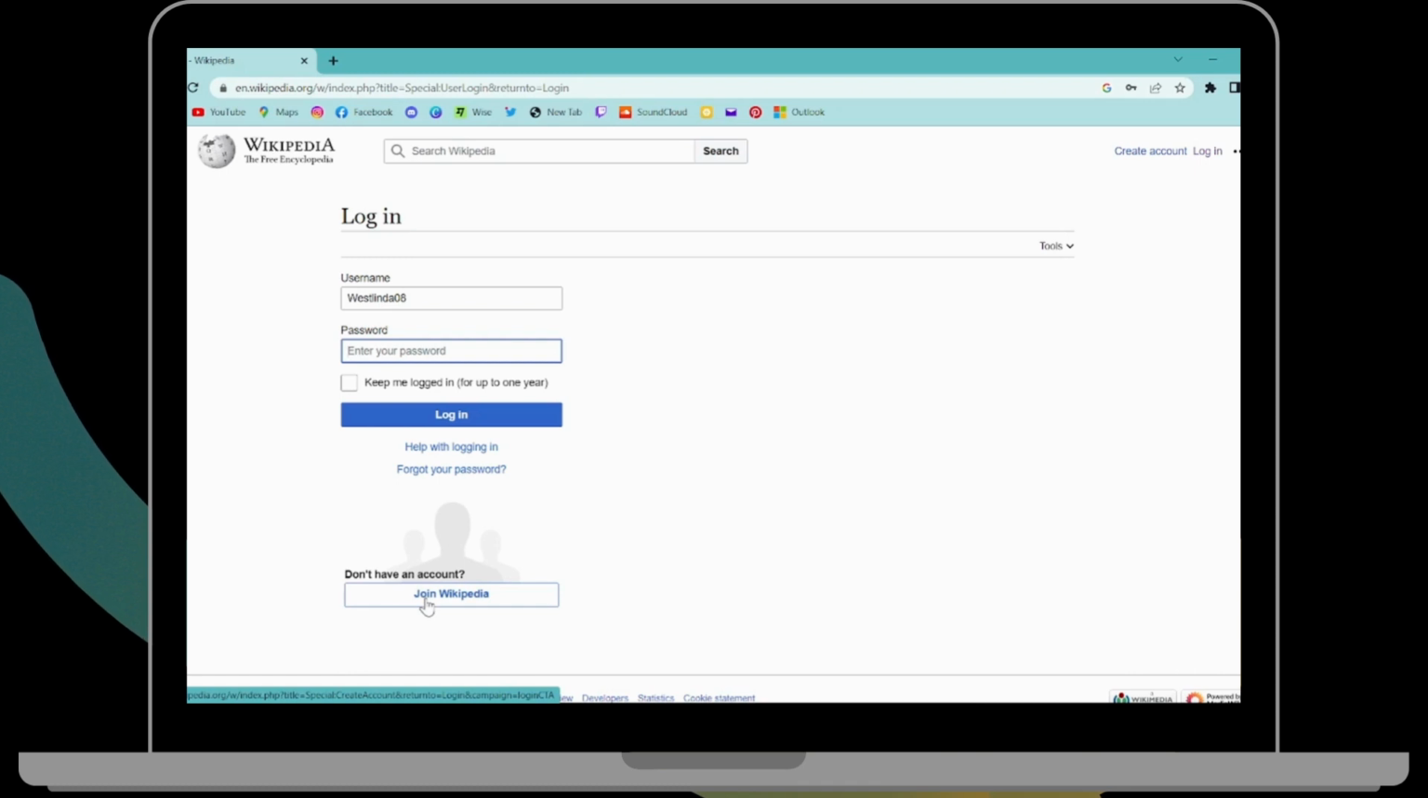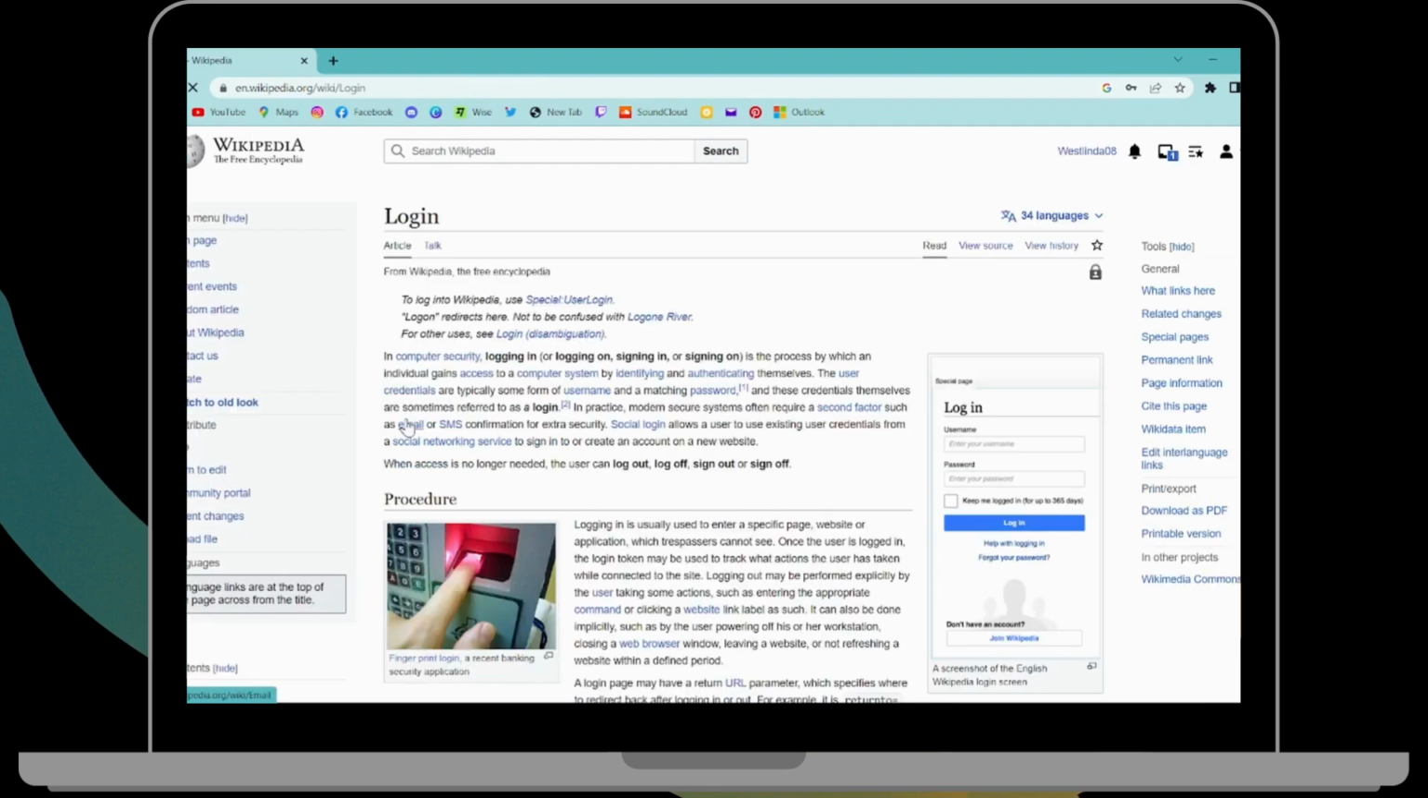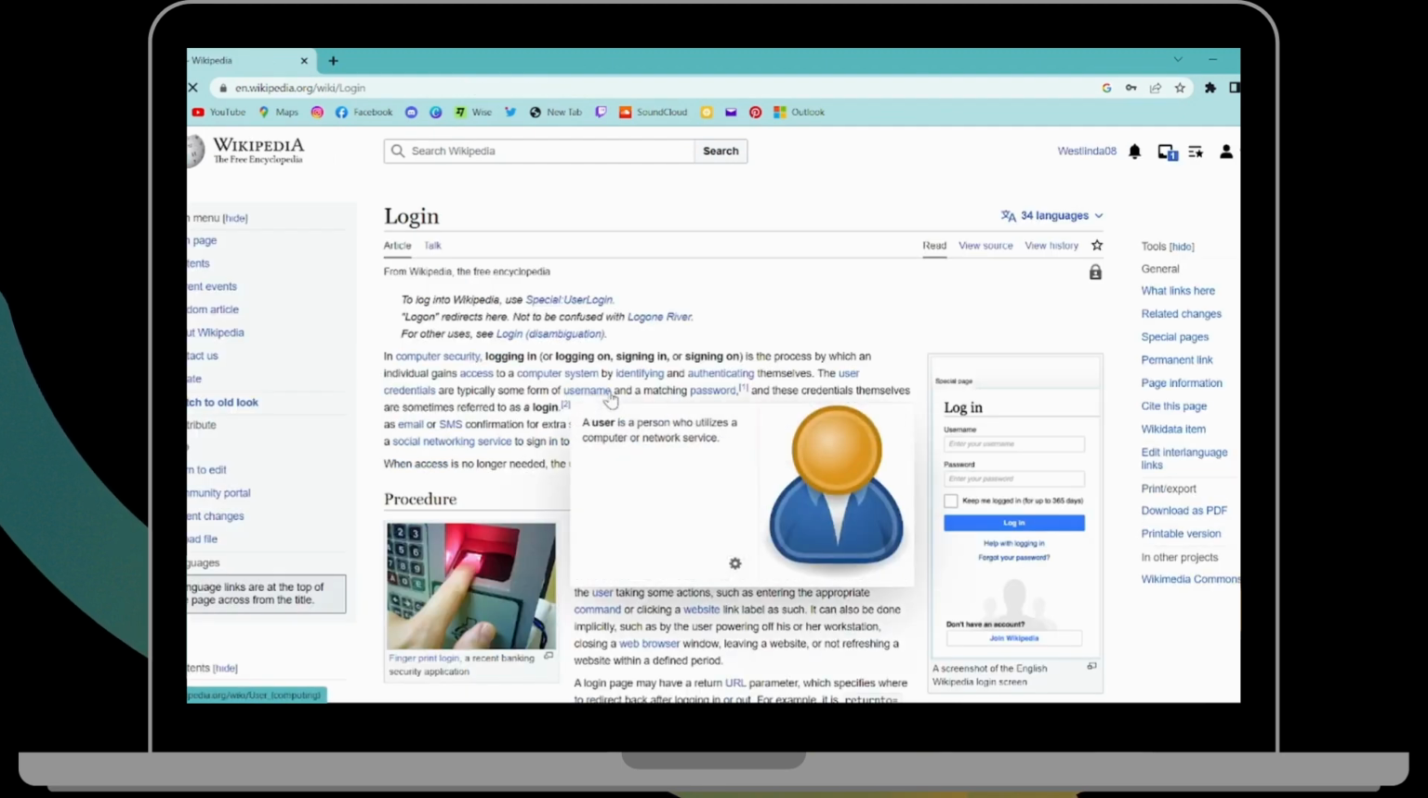So if you remember your password, then simply enter your password and then click here so that you don't need to enter your password the next time you log in. And after entering your username and your password, click on login. And that's it. That's how you log into your